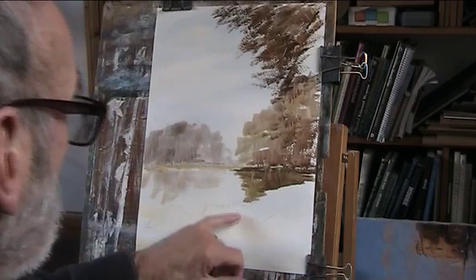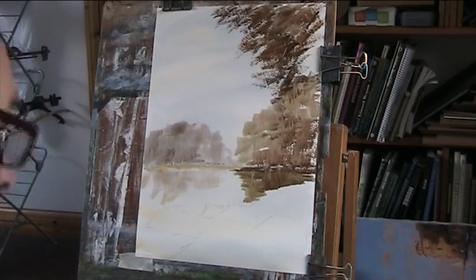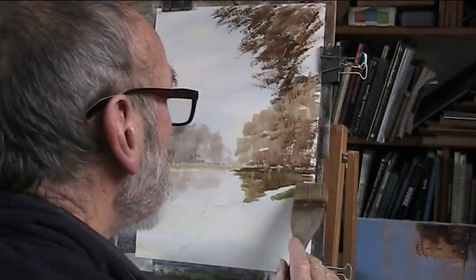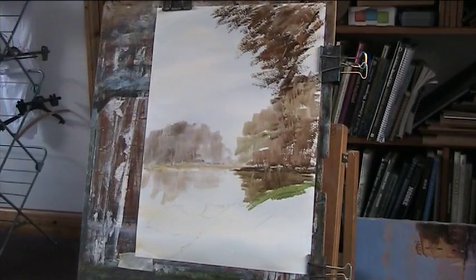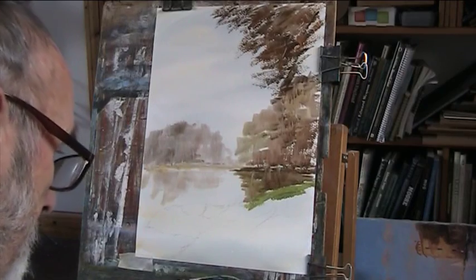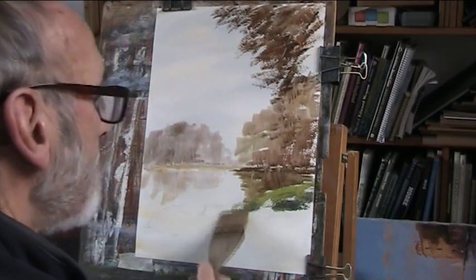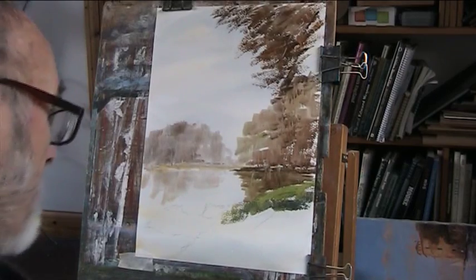Now because the rocks are down here, a lot of rocks are covered in sort of algae. We'll just put these in. We've got to remember we're counter-changing light against dark, so we're putting some other colours in here. Dark. Moderate your colours. You use a lot of